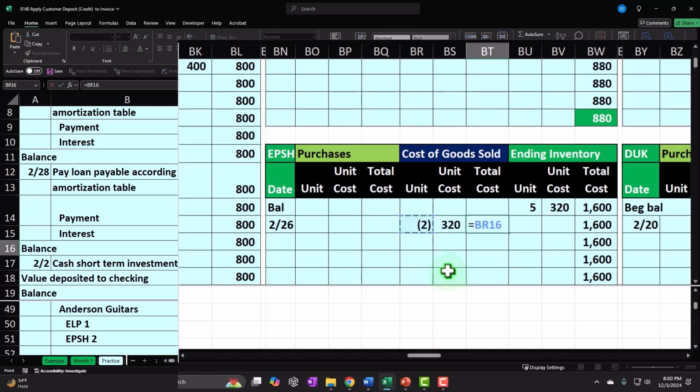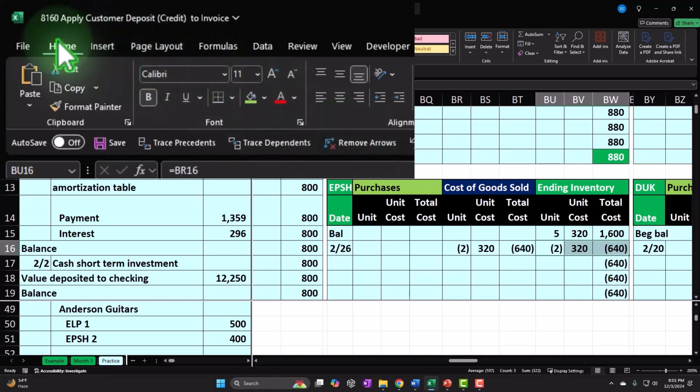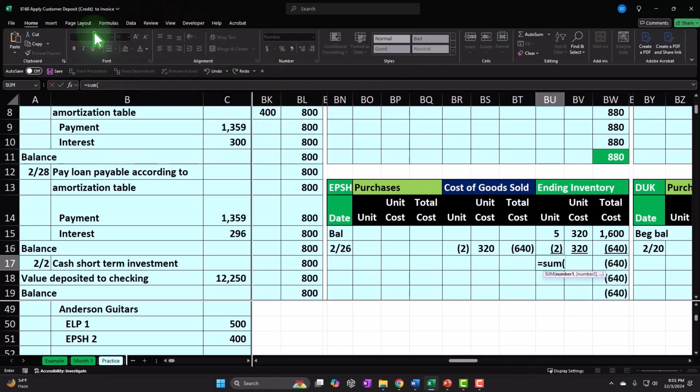So we're going to say 2 times 320 is that, pulling that to the ending inventory, reducing it by 2, costing 320. 2 times 320, 640. Underline: Home tab, Font group, Underline, summing up, equals the sum, which is